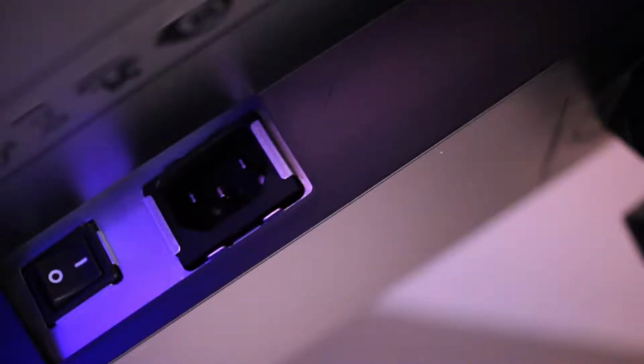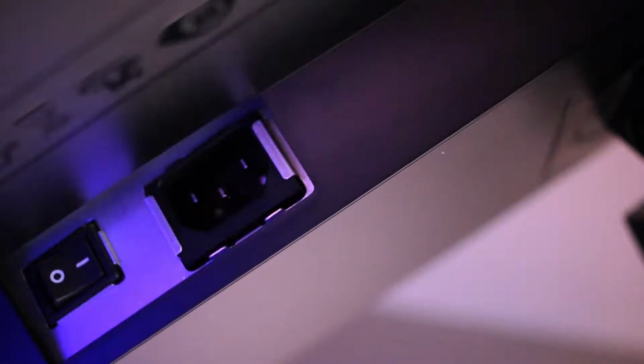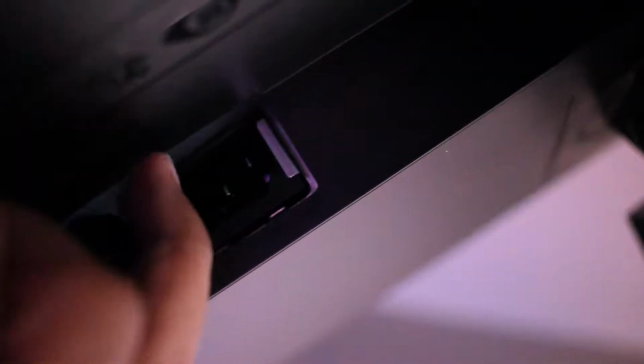And it faces... This way is facing what way? Oh, it goes this way. I believe. I think, no, because I have the mirror... Do I have the mirror on my camera right now? Damn it. I mean on my video feed. I think it's mirrored. Or maybe I can just tilt this back like that and then I can see. Ow! I hit my head. Damn, the airplane's hitting me in the head. All right. Boom. So it tilts up about... I don't know how far you would say that. Hold on. Let's say maybe...